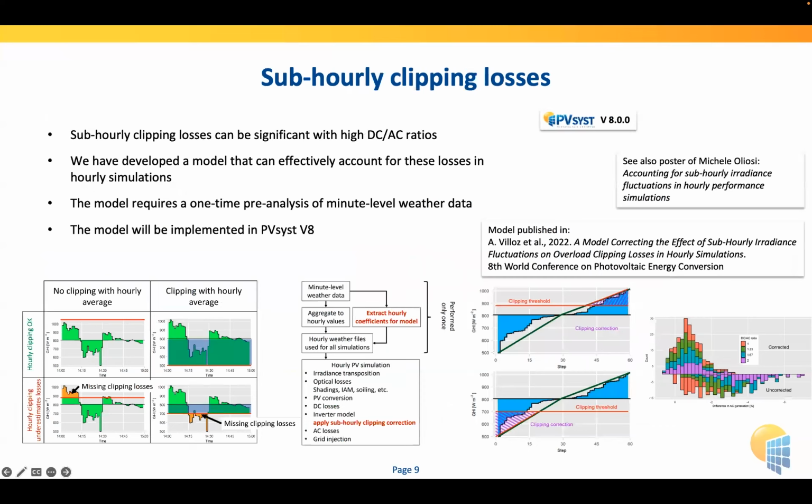Finally, what I want to show you is the sub-hourly clipping losses that we've been talking a lot about already today. The sub-hourly clipping losses are just the fact that PVsyst is an hourly simulation. So the simulation is based on hourly steps. And if you are operating close to the clipping level with your average, you can miss sub-hourly fluctuations. Although the fluctuations go both ways, up and down, in the end, you will always underestimate your clipping losses, for upwards and also for downwards